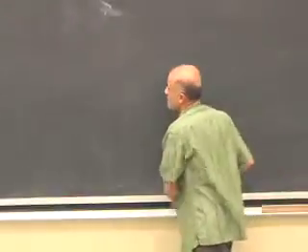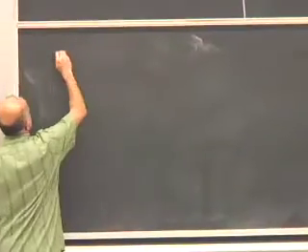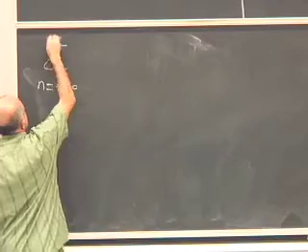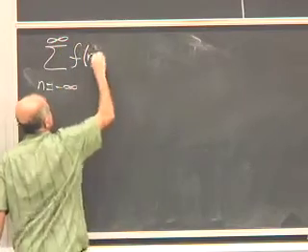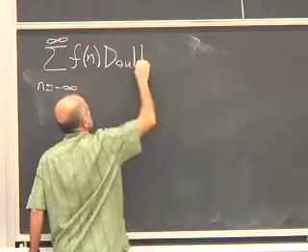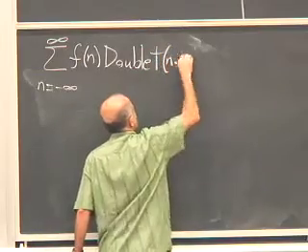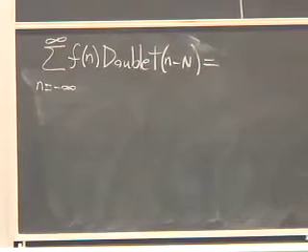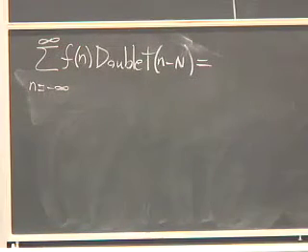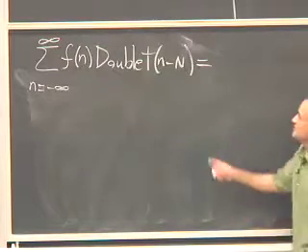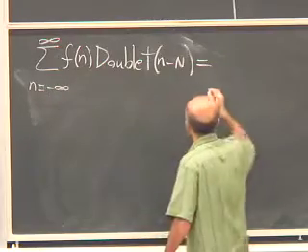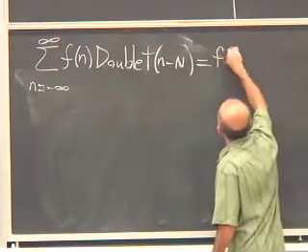So what happens now if I sum from minus infinity to infinity of f of n times the doublet? I have two spikes. When I sum over all the values, what do I get? How many terms in this summation are non-zero, potentially? Two. Which ones? f of n